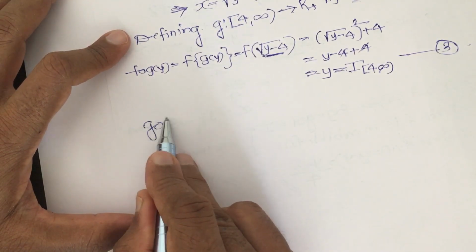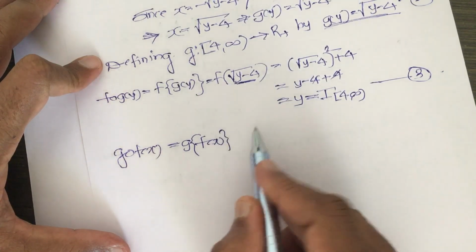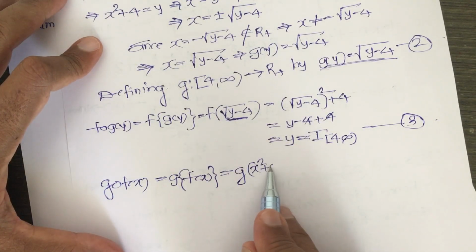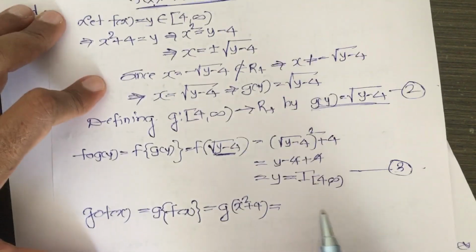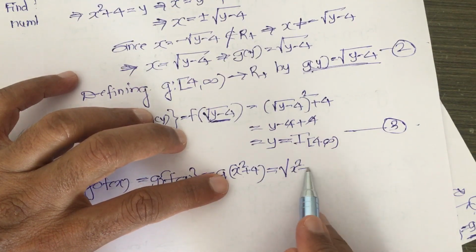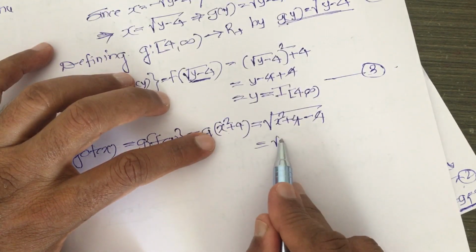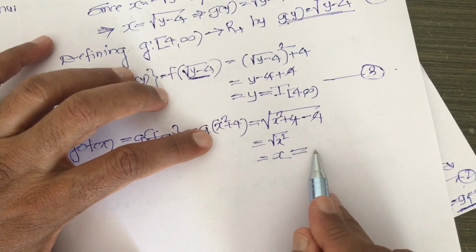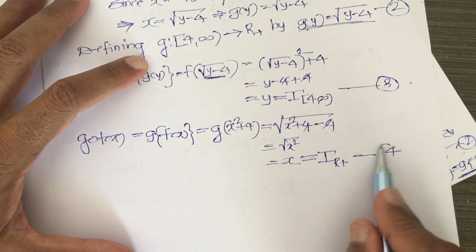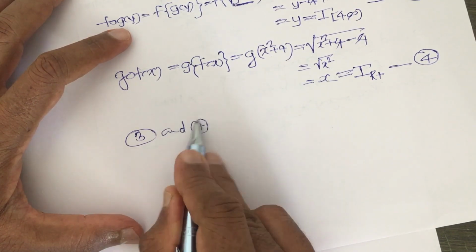Now, I take g composite f of x, which is g of f of x, and that is g of x square plus 4, which is g of y, root of y minus 4. So, here y is x square plus 4, so I write root of x square plus 4 minus 4, the plus 4 and minus 4 cancel, it is root of x square, and root of x square is x, and this is your I A, but what your A is, R plus. You must be very particular here in writing this. This is 4, meaning equations 3 and 4